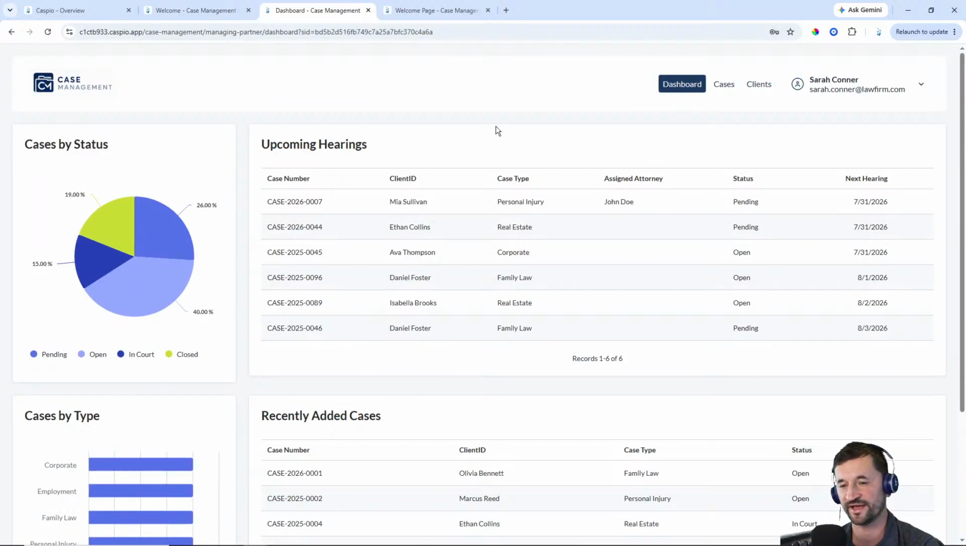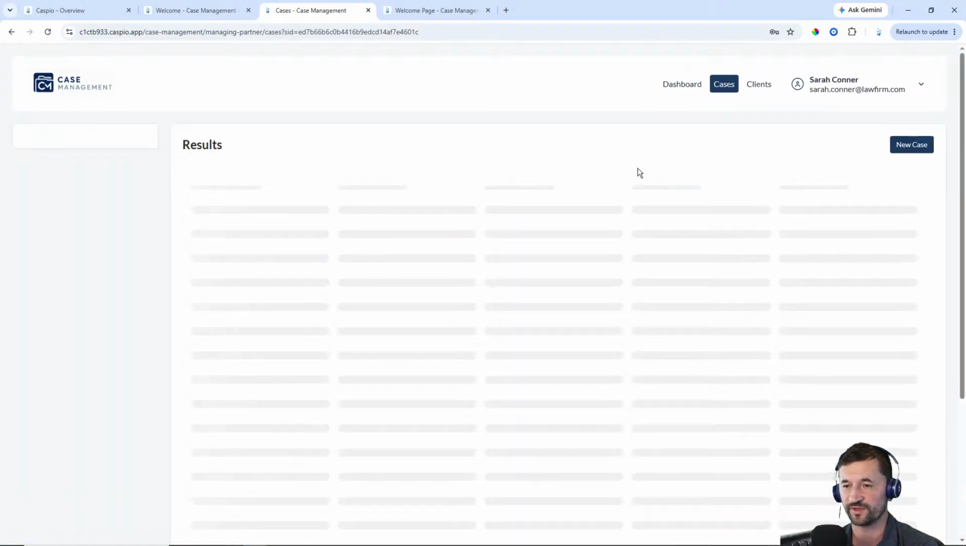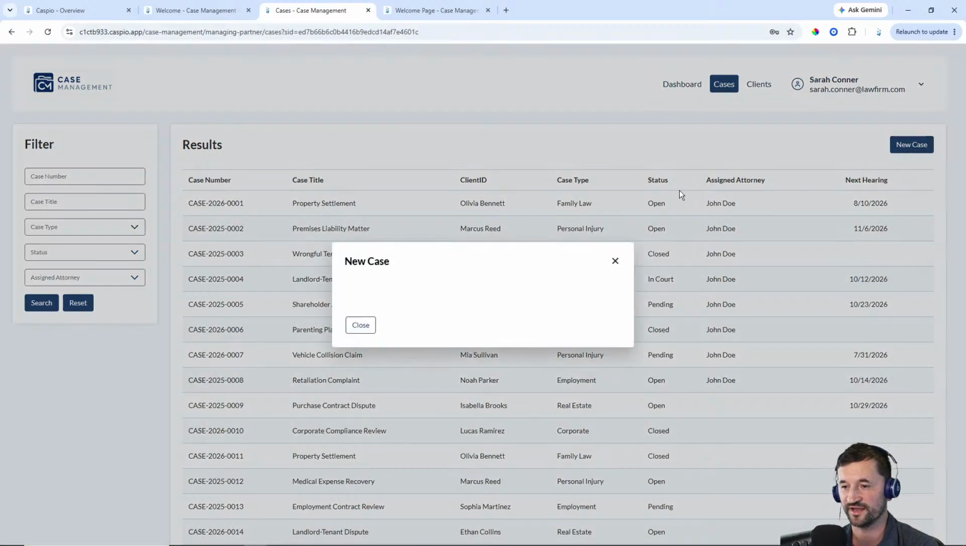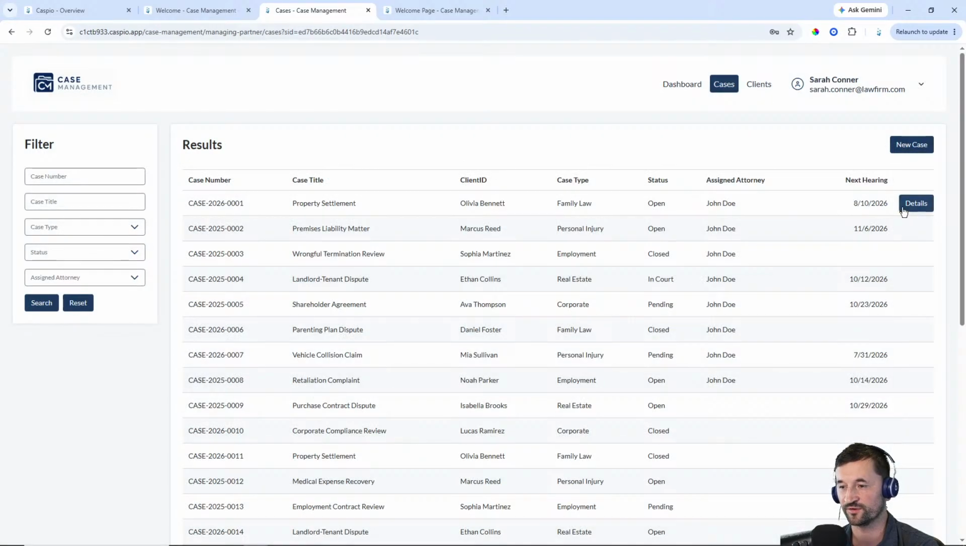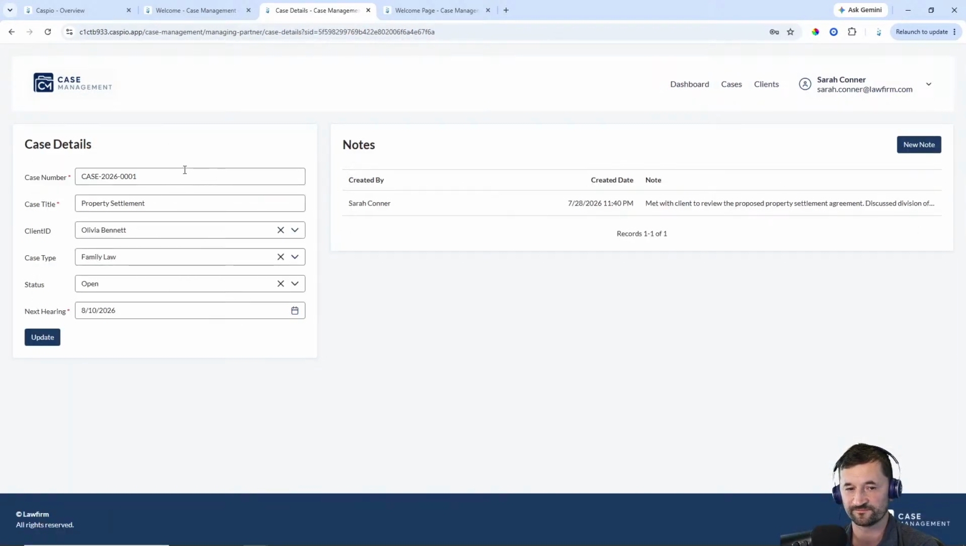Password. So now as the partner, we can log in and we have access to everything that we created. Along with the dashboard, we have all of the cases. I can add a new case. I can go into the details of a case, where I can update the case details, and I can add new notes